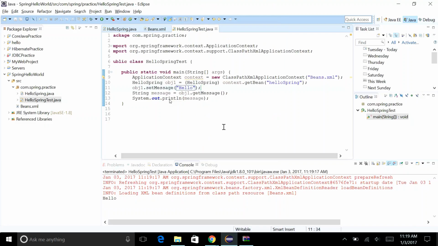So what happened? Whatever property you configured in your beans.xml is not taken now. When I say obj1.setMessage hello, it has not taken the value that is configured. It has taken the value that is programmatically passed here. Right? So now I want you to create